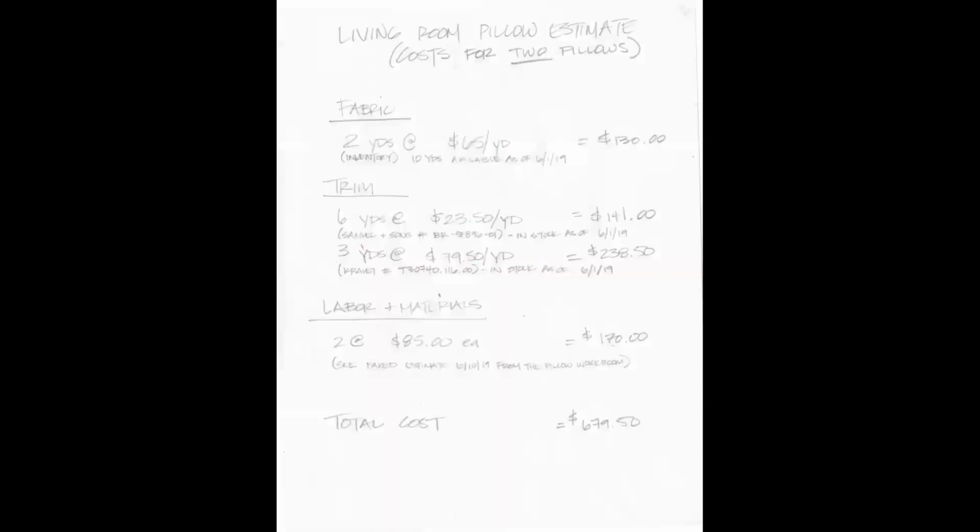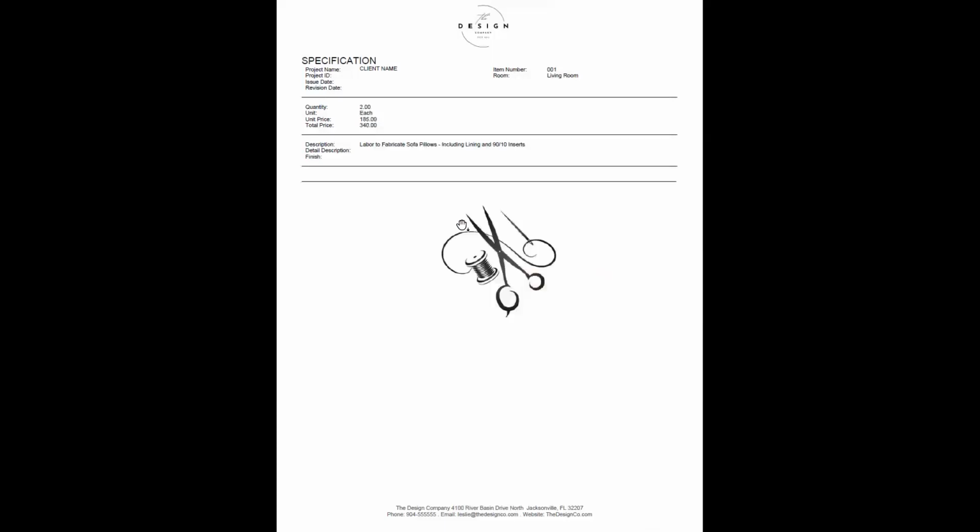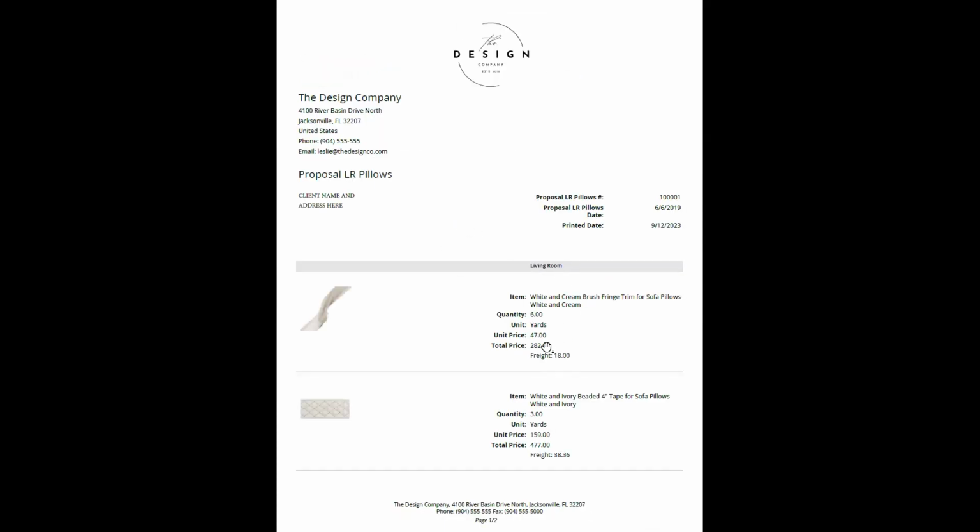Now, if we go back to the estimate, you can see here the unit price is $47 a yard for this trim. But if we go back really quickly, we can see that actually the cost to the designer is $23.50. So you can see here that the price has doubled. So the designer is marking up each of the products 100%, but the client may be aware of that or may not.